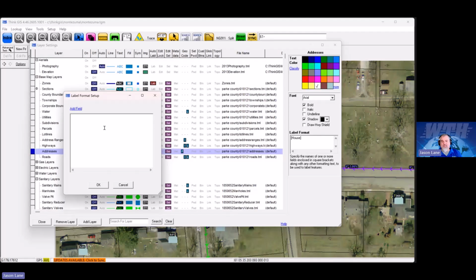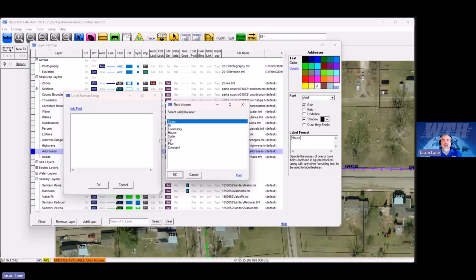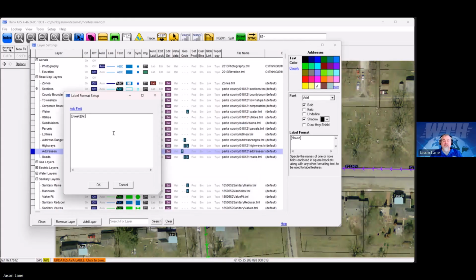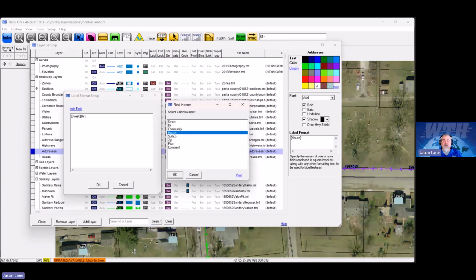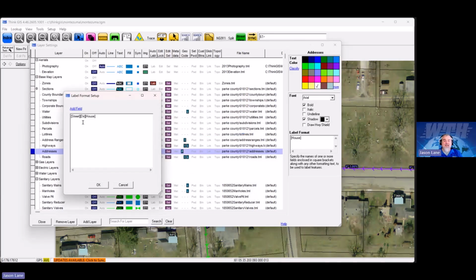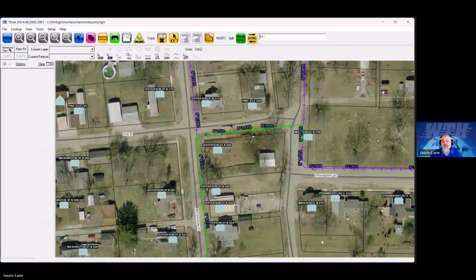So now we don't even have a label. Add field, we want the street name. We also want the directional. Let's do the house number. So now it's going to kind of cram them together. So I'll come in here and add a space in between those brackets. Yeah. So now, as you see, it's Strawberry Road East 324,